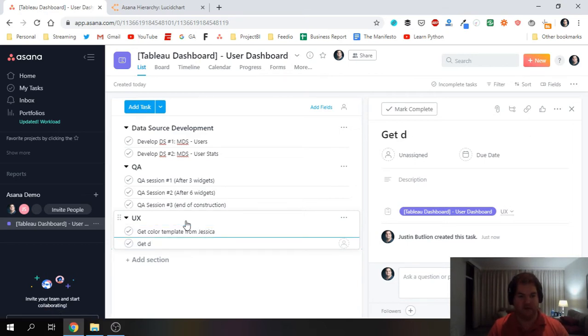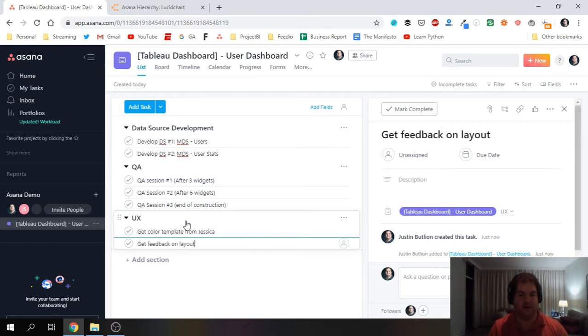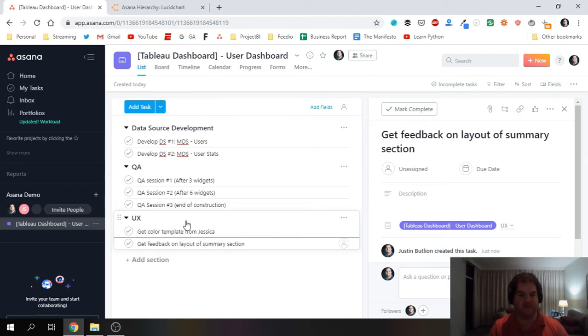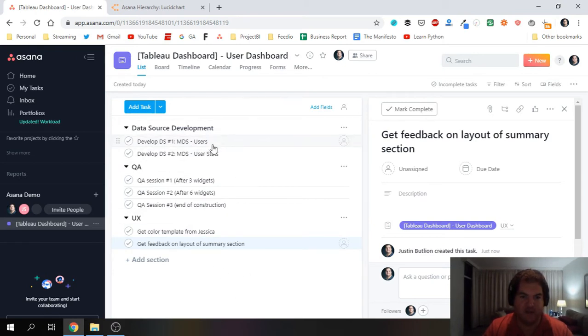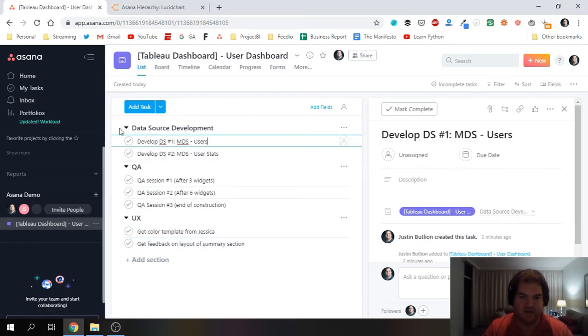Give feedback on layout of summary section. Okay, so you're getting the idea, right? So here we have 3 sections, we have tasks, and what I want you to notice is if I click on an individual task, we